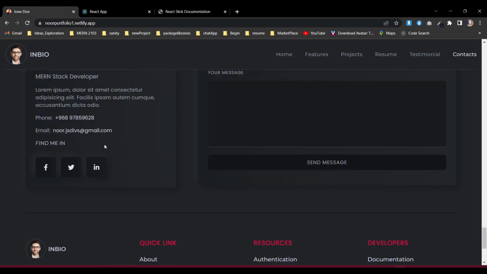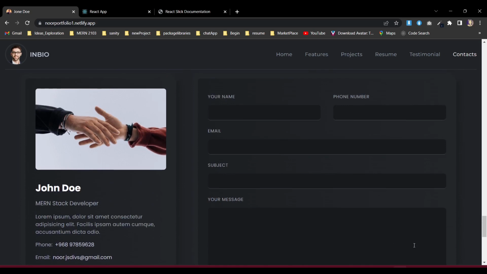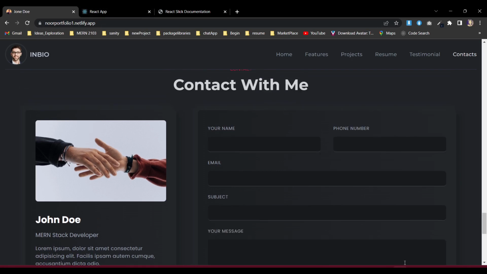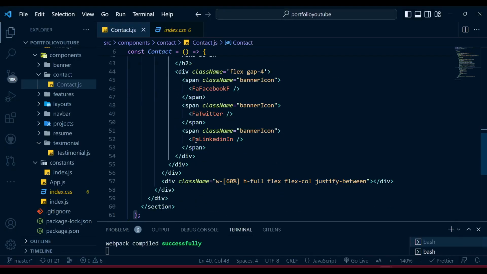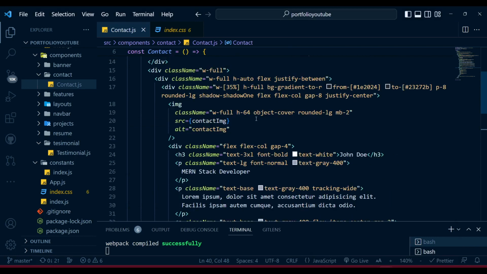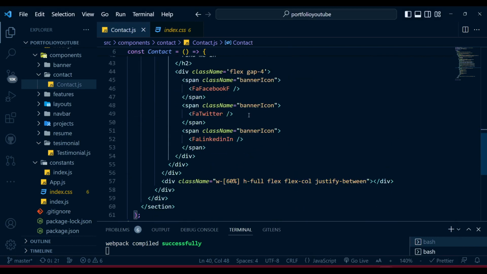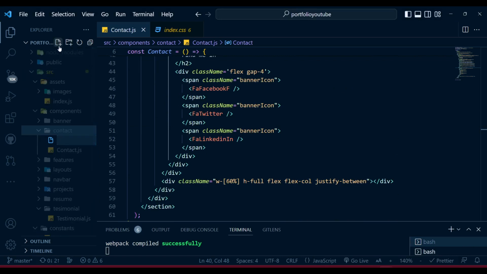So we are having our first part for our contact page, like our contact form. So now what we need to create, we need to create our contact form, right? So let's go. So before creating the contact form, you see there is already so much things. Now again we will put it down. It will be a little bit delicate to move on, right? So what we will do, we will make contact left,